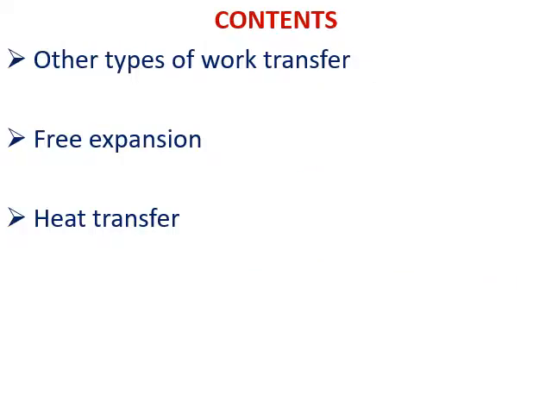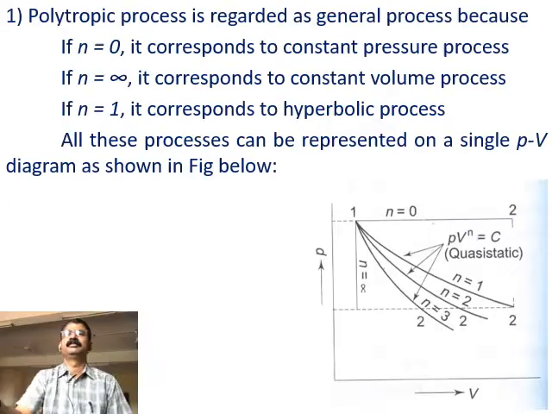In this lecture number 2 of module 2, we'll be discussing various types of work transfer, then free expansion with zero work transfer, and heat transfer. In lecture 1, we derived the expressions for the displacement work in various thermodynamic processes, that is isobaric process, isochoric process, isothermal process and polytropic process. Now let us discuss a few points